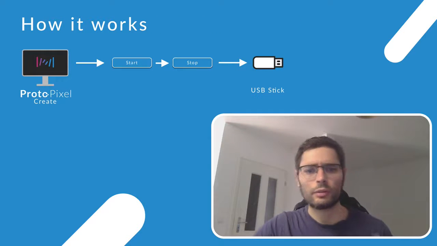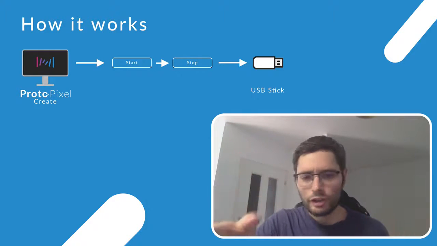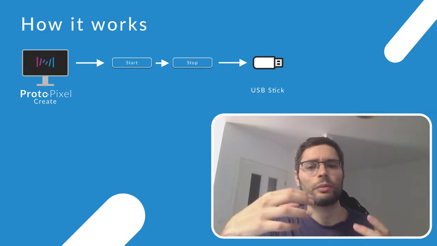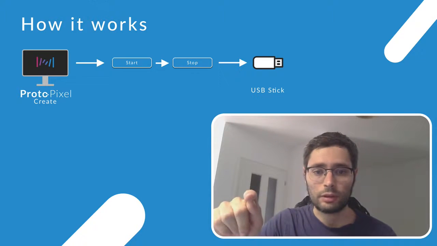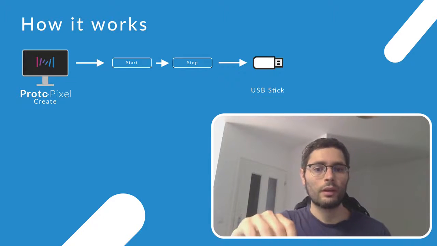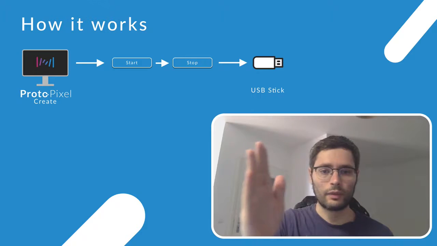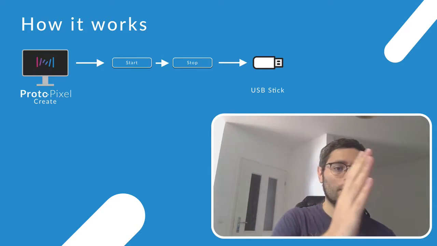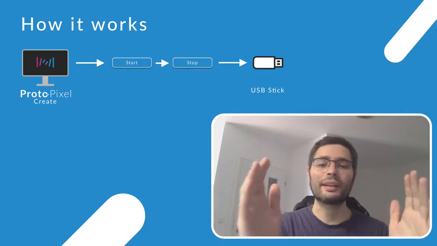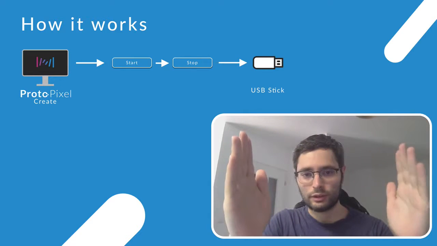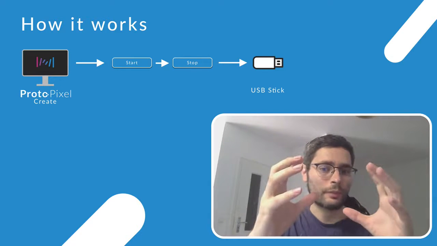How it works. You would create your project exactly the same in Protopixel Create. When it is working, you would press the button of Start Recording, then it starts, and then you hit the button of Stop Recording. Everything that happens between the start and stop is recorded.